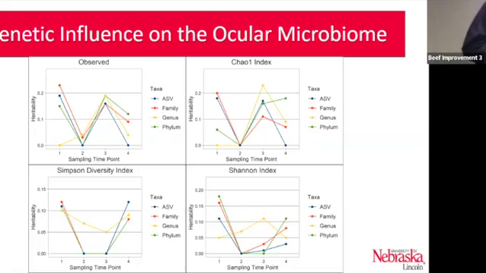Now, here's where it starts to get different. For Simpson and Shannon diversity, time point 3 still has a heritability of 0 or near 0, but for the observed and Chao-1, that heritability spikes back up. And then for time point 4, the heritability for observed and Chao-1 go to 0, while for the Simpson and Shannon that goes back up.